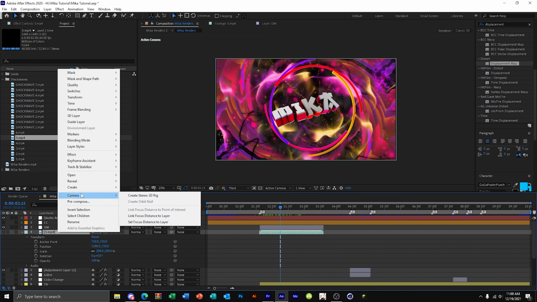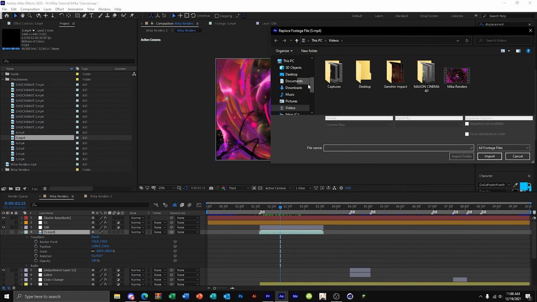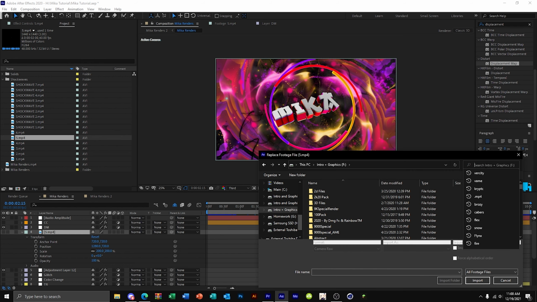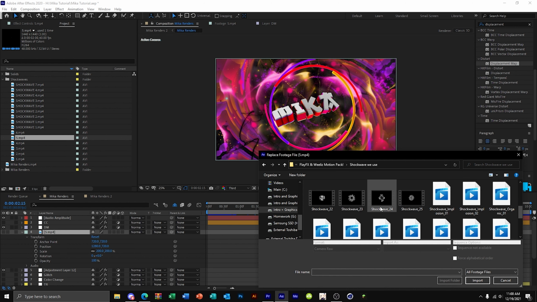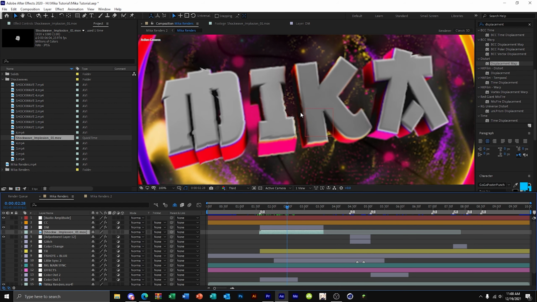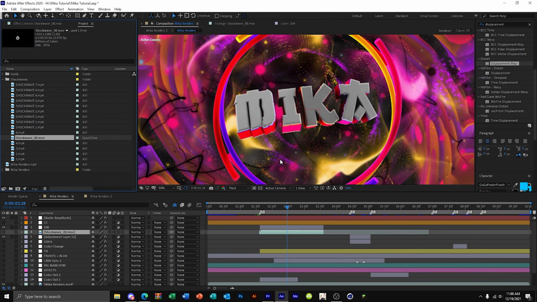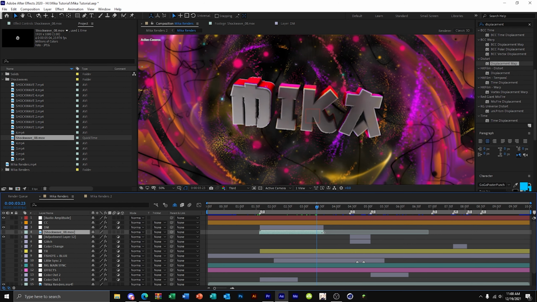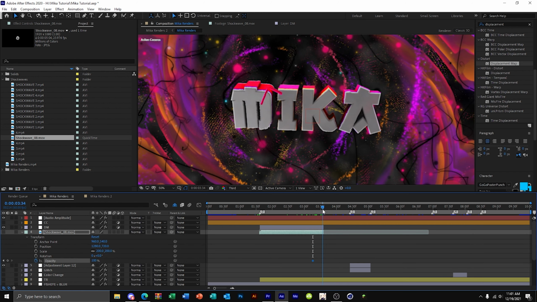So what we could do is you can replace this here. You can replace it to any of the shockwaves that you save. So like for my example, I have a lot of shockwaves that I installed. You can do that too as well. You can see there's a bit of displacement like that here. There's a bit of displacement like that, and then we want to make sure that this is